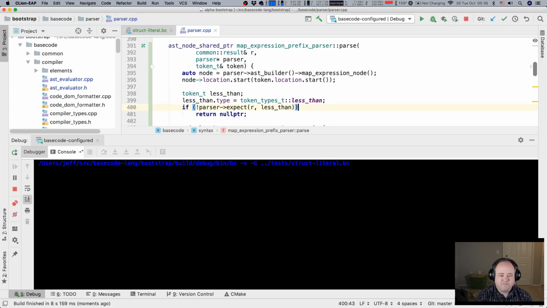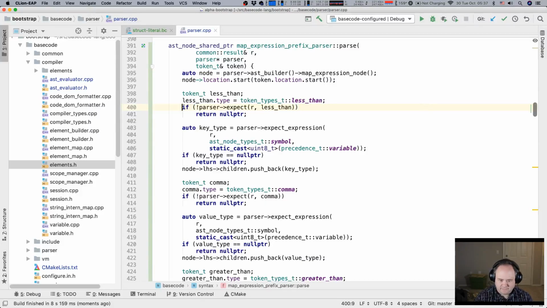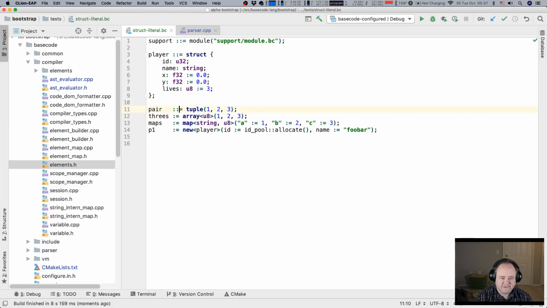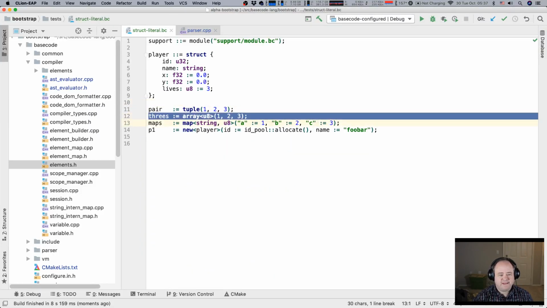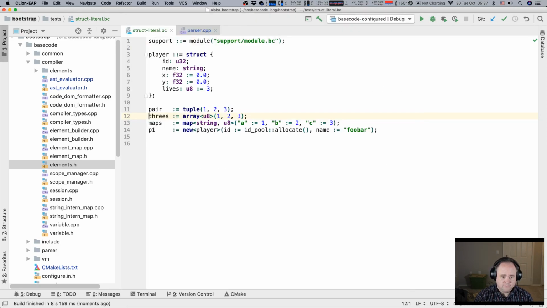So it's a weird thing, because it's trying to create not only a type, but also a literal thing. That's the element I should be returning, not the type. See, array, I think I have an array literal. Maybe.